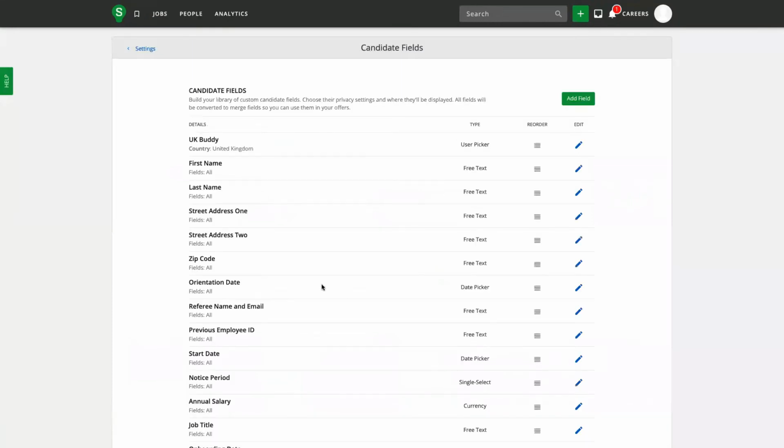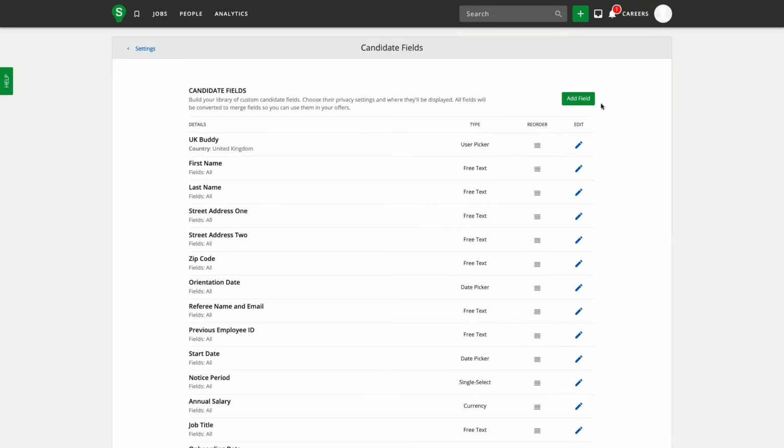And here, once I enter this area, I'll see a list of any fields that I've already created. So the fields that we have available here, there are a bank of default fields that you can pull through. So things like first name, last name, for example, we obviously have those fields in the system already and we're capturing that information when the candidate actually applies. But if we want to have those fields populate anywhere else, so maybe we need to have the candidate reconfirm via a form, or we want to confirm them again at offer or new hire stage, then we can add those fields to our list of fields available to use.